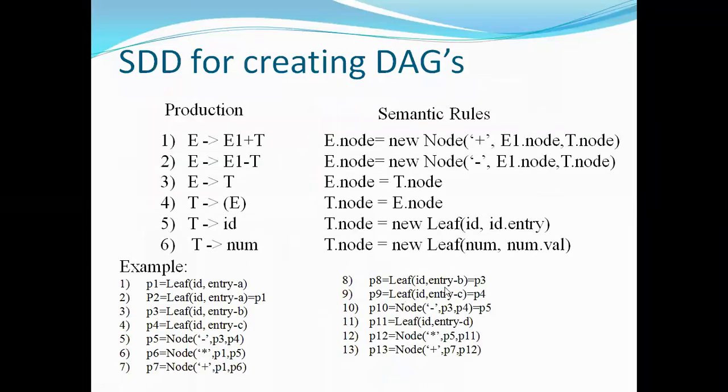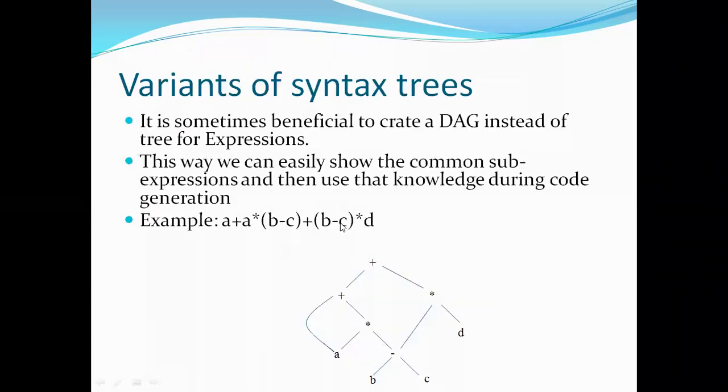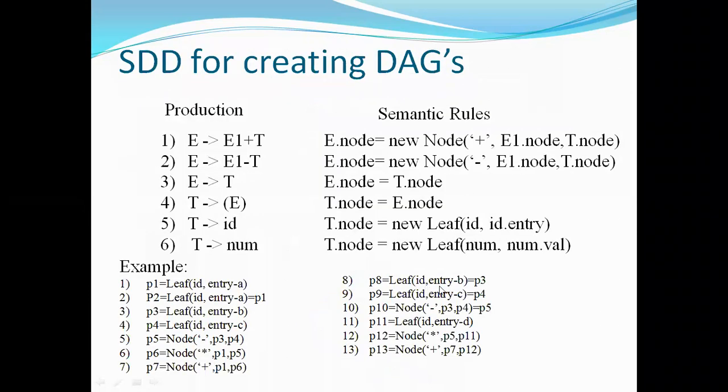And P8 is equal to, again I'm using this B minus C. Again I need to write the function for B minus C, that means id comma this B minus C, right? First, initially I need to enter for the B, that is already in P3. So I am taking P3 here, and I am eliminating the duplicates here.